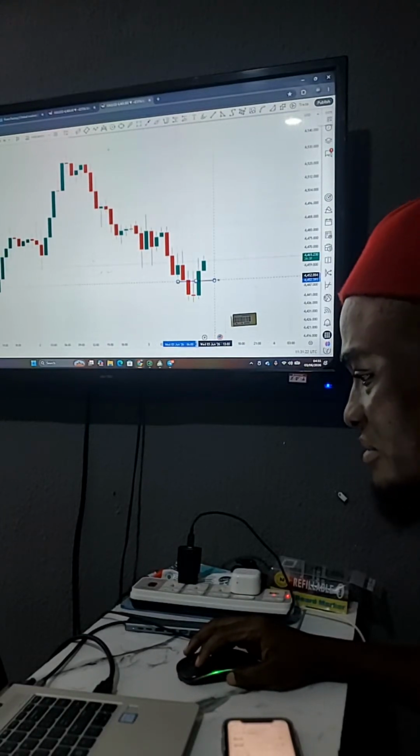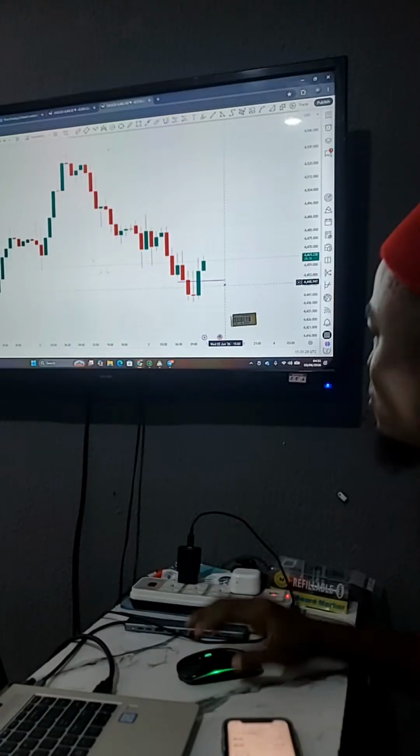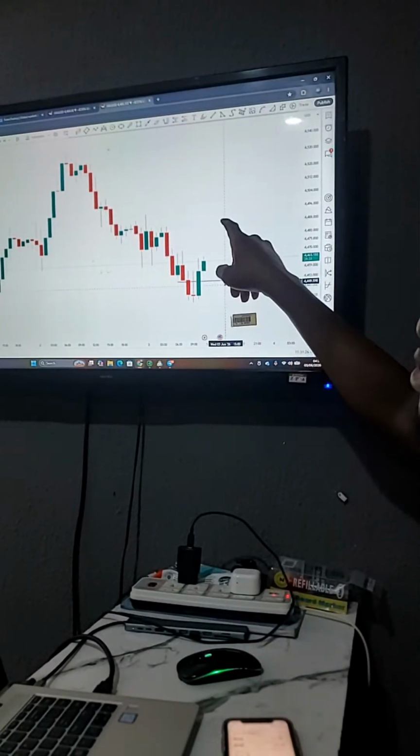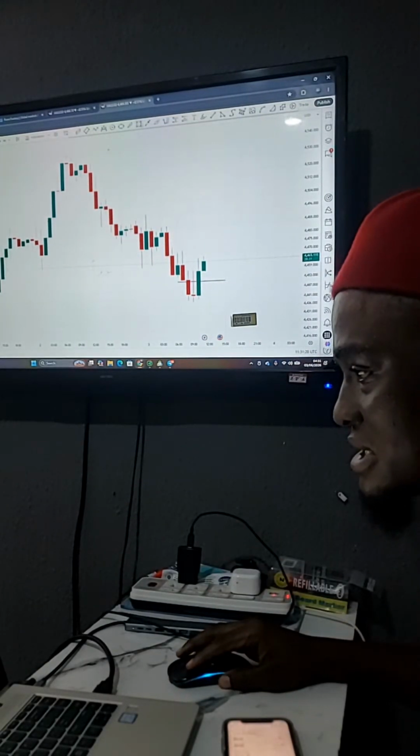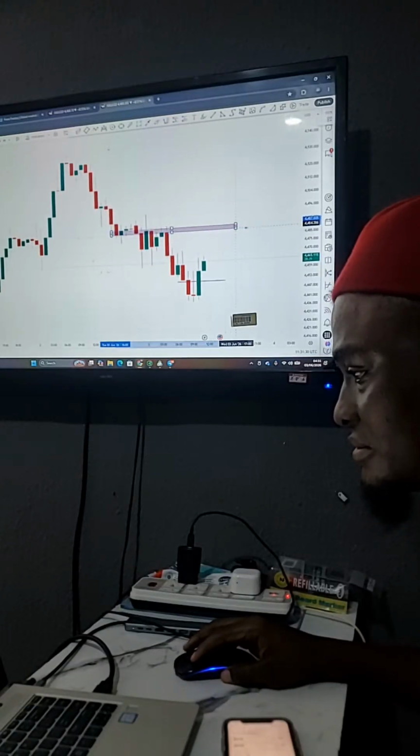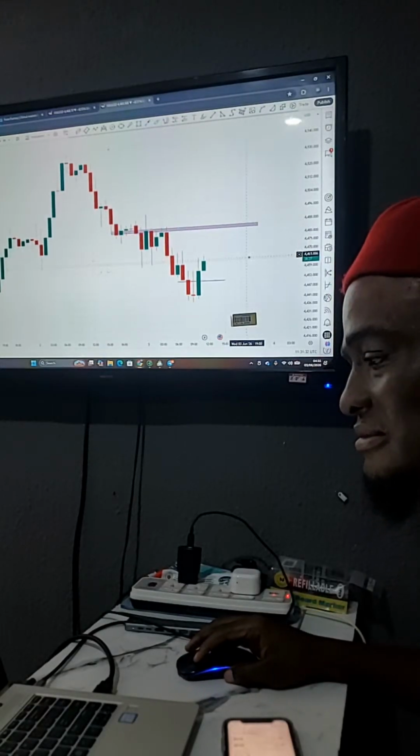On this 1 hour, like I said, I'm expecting this market to come here, then do the buy, and come to this resistance. When we are talking of resistance and support,